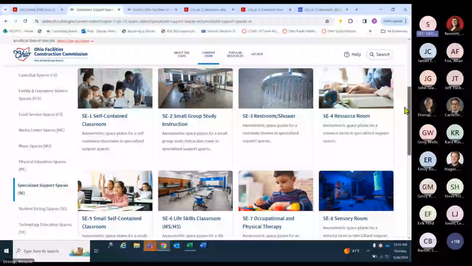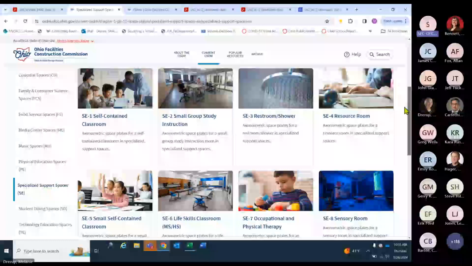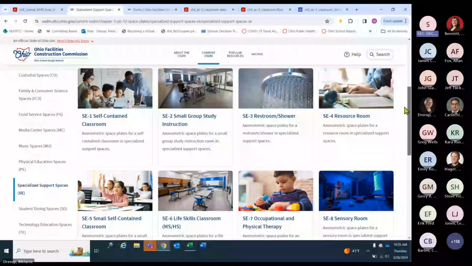Is the new OSDM website digital version compatible with phones and tablets? Dean, it is. That was one of the main reasons we wanted to go to this website format so that you could have a nice light phone instead of a 2,400-page document that you can carry around with you. And if you got bored or you're waiting at your doctor's office, you can pick up your phone and take a look. Very convenient.